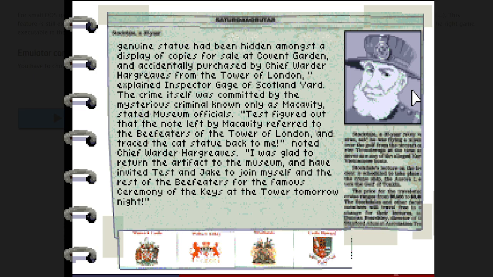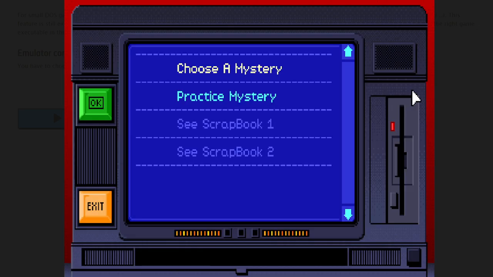The crime itself was committed by the mysterious criminal known only as McCavity, stated museum officials. Test figured out that the note left by McCavity referred to the beefeaters of the Tower of London and traced the cat statue back to me, noted Chief Warder Hargreaves. I was glad to return the artifact to the museum and have invited Test and Jake to join myself and the rest of the Beefeaters for the famous ceremony of the keys at the tower tomorrow night. And then from there we get this menu.